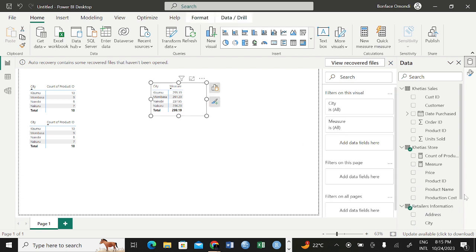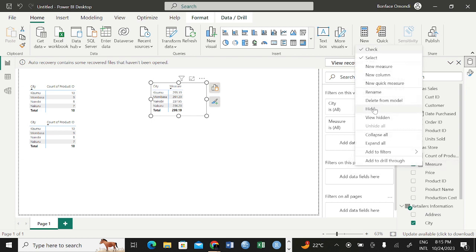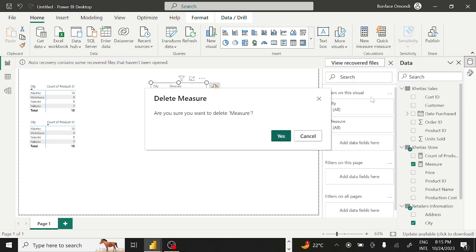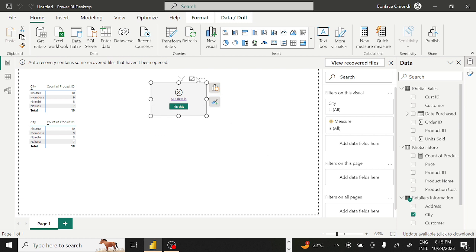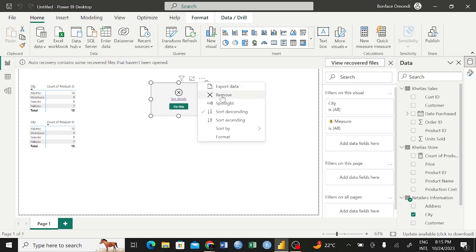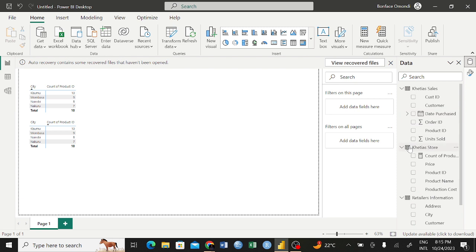Okay, let's try with something else. So you can delete this. You can delete from model. It's taking time. Okay, so we can also remove this one. Let's see Ketia sales,